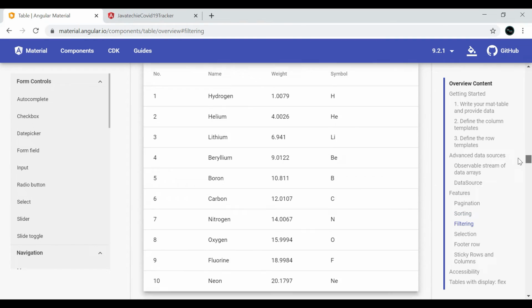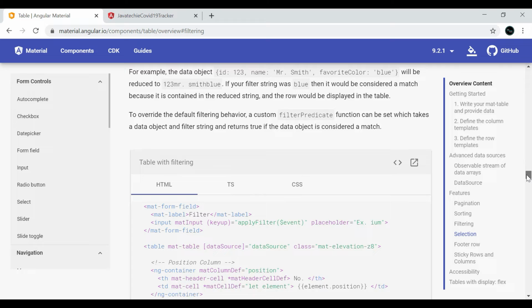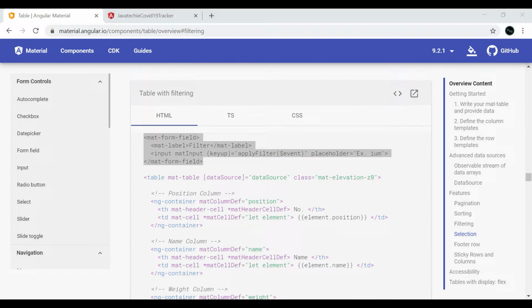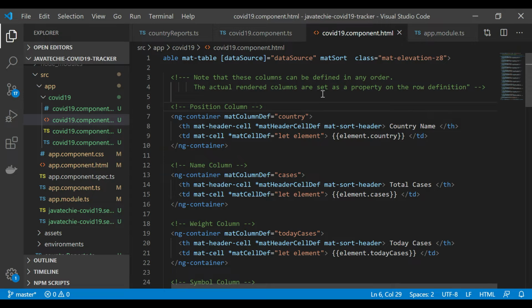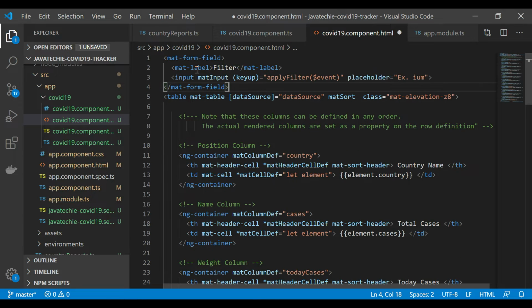Okay. So where did it go? Yeah, just copy this. Now go to your HTML and let me add it here on top of this table. Fine.